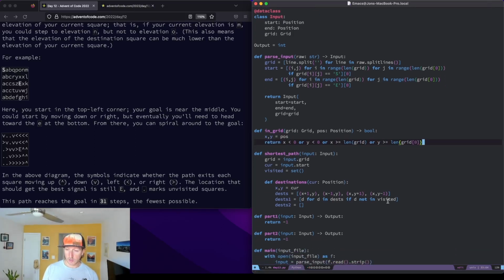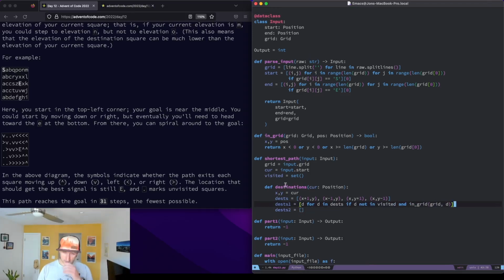So, and in grid. All right, so now we're checking for if it's not in the visited set and it is in the grid. All right, so that's good. And then we have,